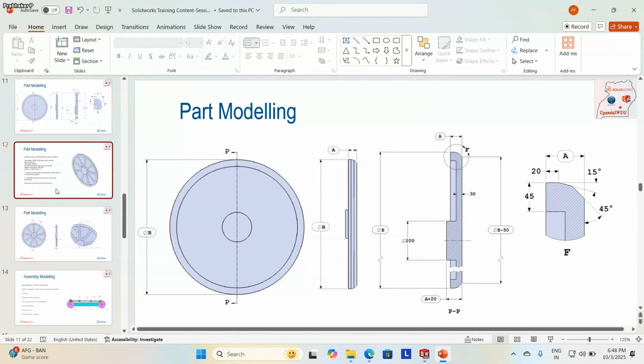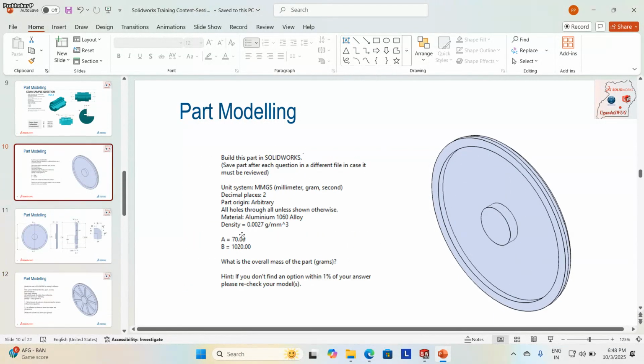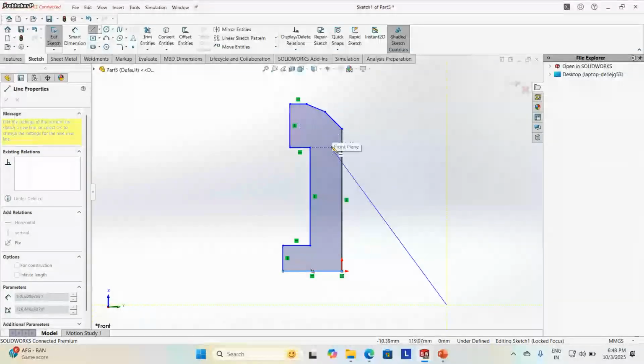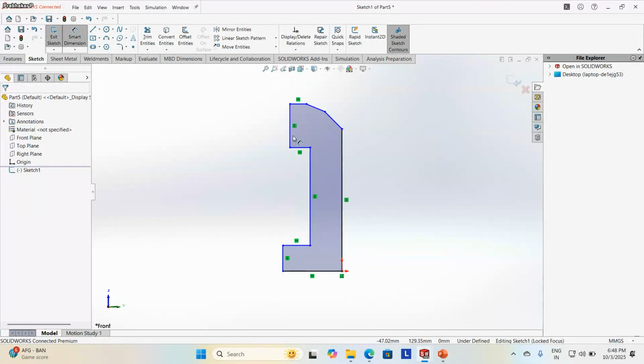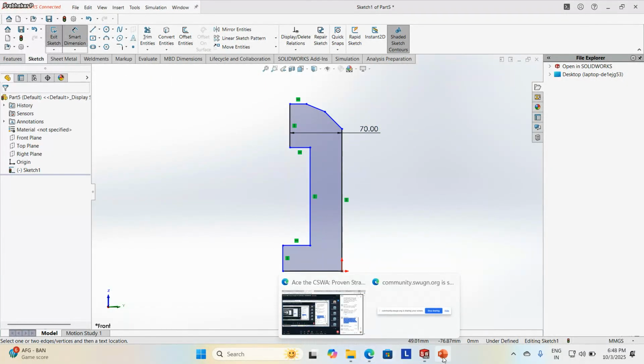This value they have given as A, overall dimension. Sorry, I have to go back here. A is 70. I have taken that value.